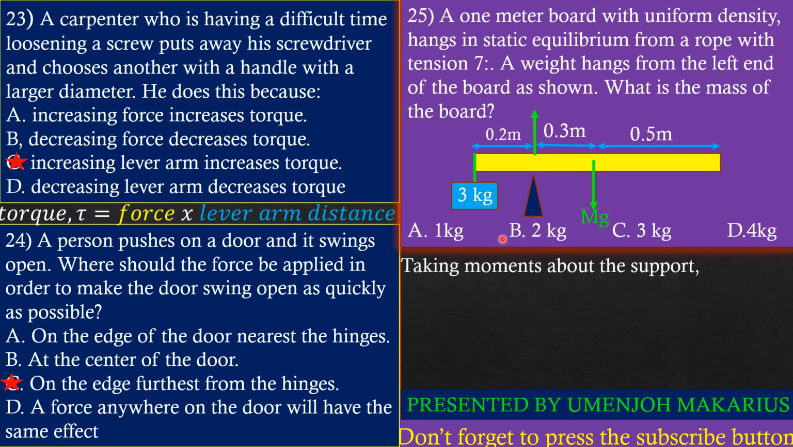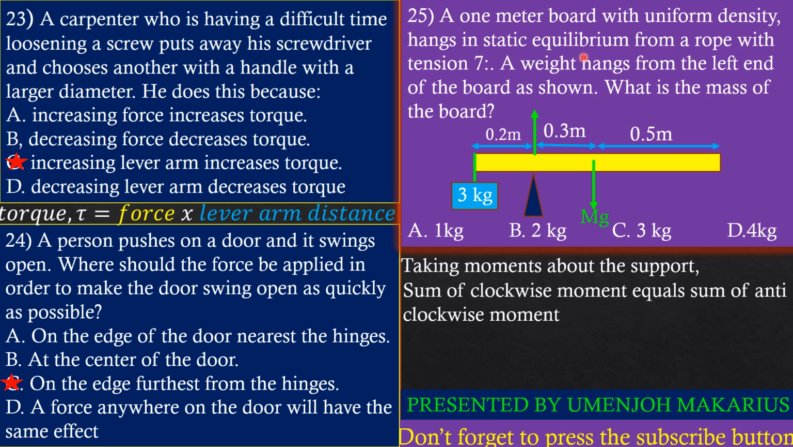So if we take moments about the support, that is where we have this triangular support, then if the system has to be in equilibrium, the sum of anti-clockwise moments has to equal the sum of clockwise moments. The weight of these 3 kilograms is simply 3 kilograms times the gravitational field strength of the earth, which is 10 meters per second squared. So we are going to have 3 times 10 multiplied by the distance from the pivot, which is simply at this support, 0.2 meters. The weight, 3 times 10 times 0.2, has to give us